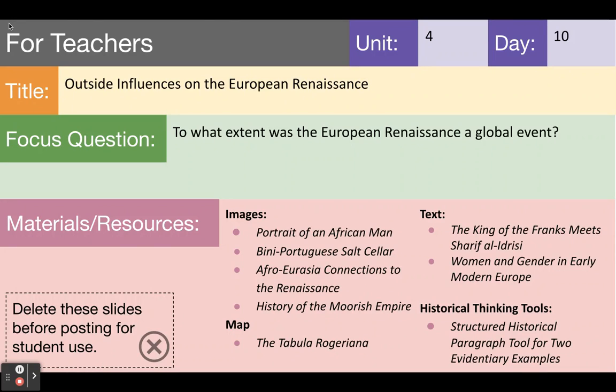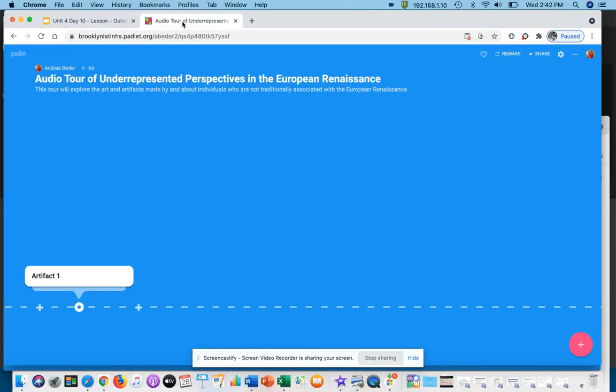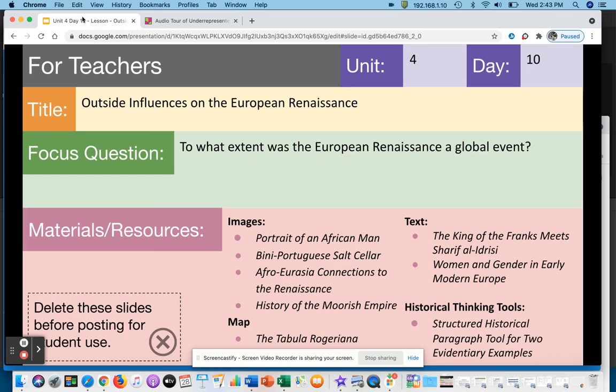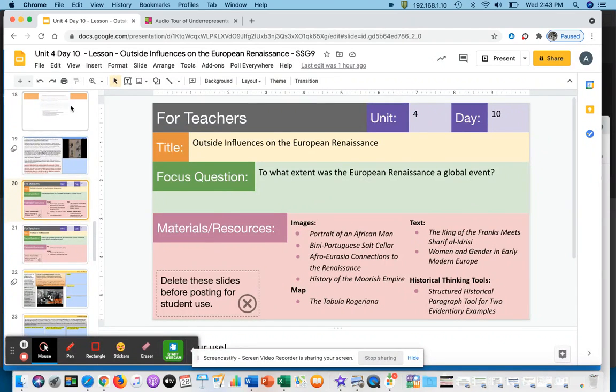As an extension of the lesson for Unit 4, Day 10, Outside Influences on the European Renaissance, you could assign a creative project, giving students the opportunity to further explore the contributions of underrepresented groups and individuals who are often not associated with the European Renaissance and the scientific revolution. In addition to this particular lesson,